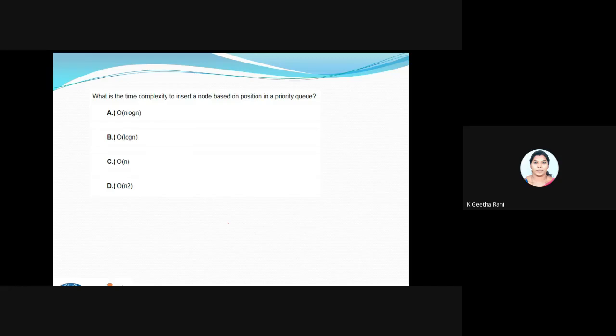Assume I'm implementing the priority queue using a list. It's not mentioned whether it's a list or an array, so assume it's a list. Now, can you give me the complexity? I have shown you this in the comparison of complexity. If you try to recall it, you can find the answer.